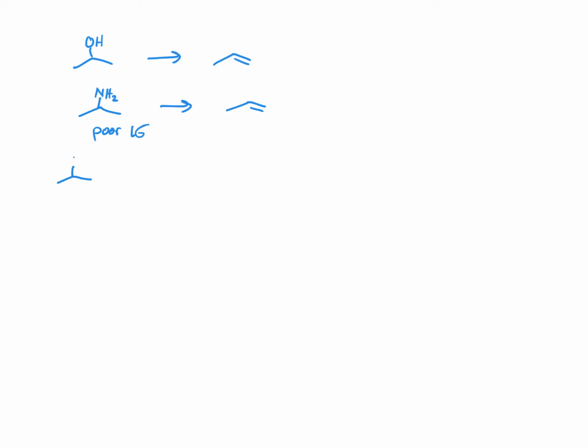However, scientists found that if we add a number of methyl groups, so basically we're going to exhaustively methylate this amine. So we're going to add as much methyl iodide as the molecule wants. We're going to form the ammonium cation with an iodide counterion. And if we mix that with silver